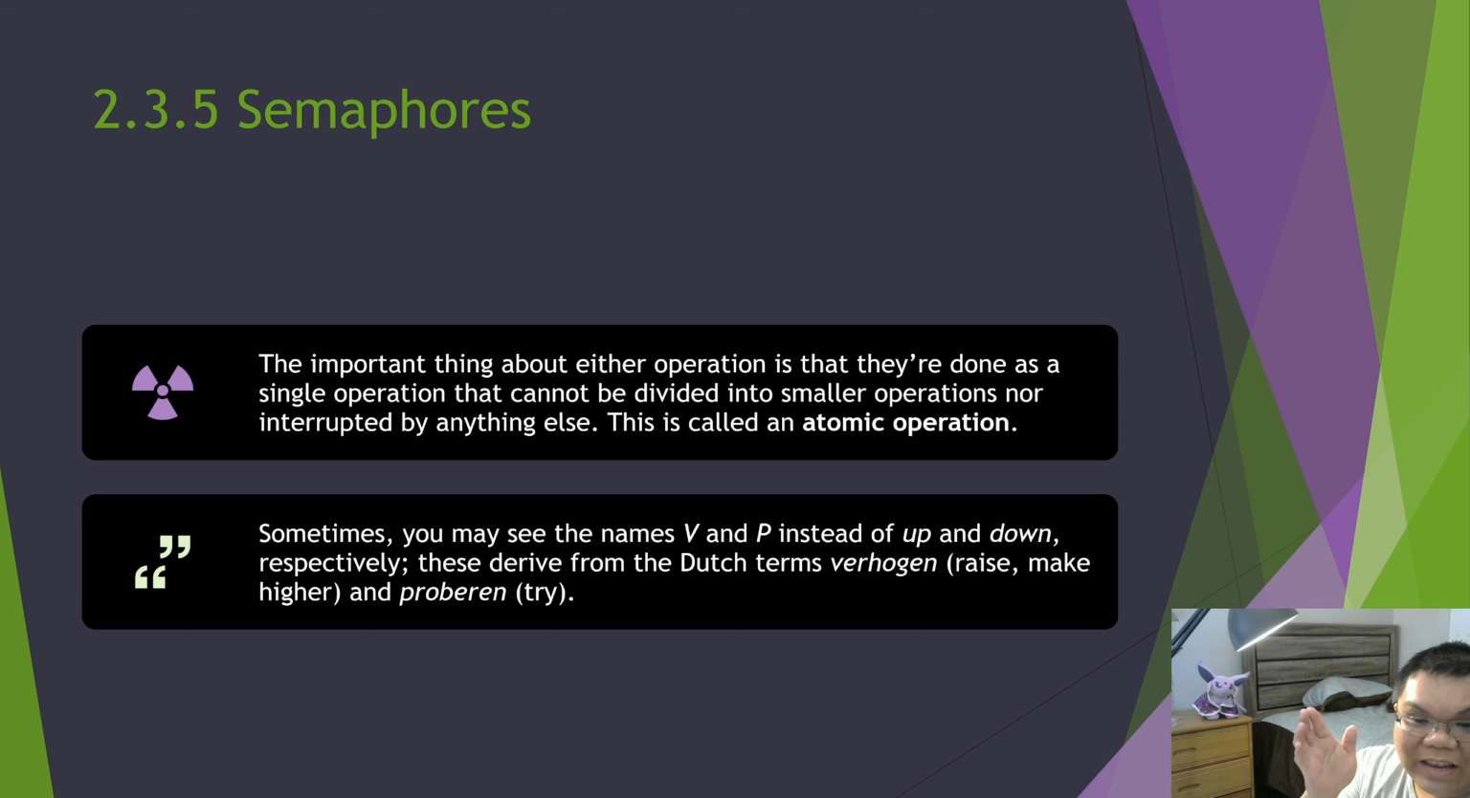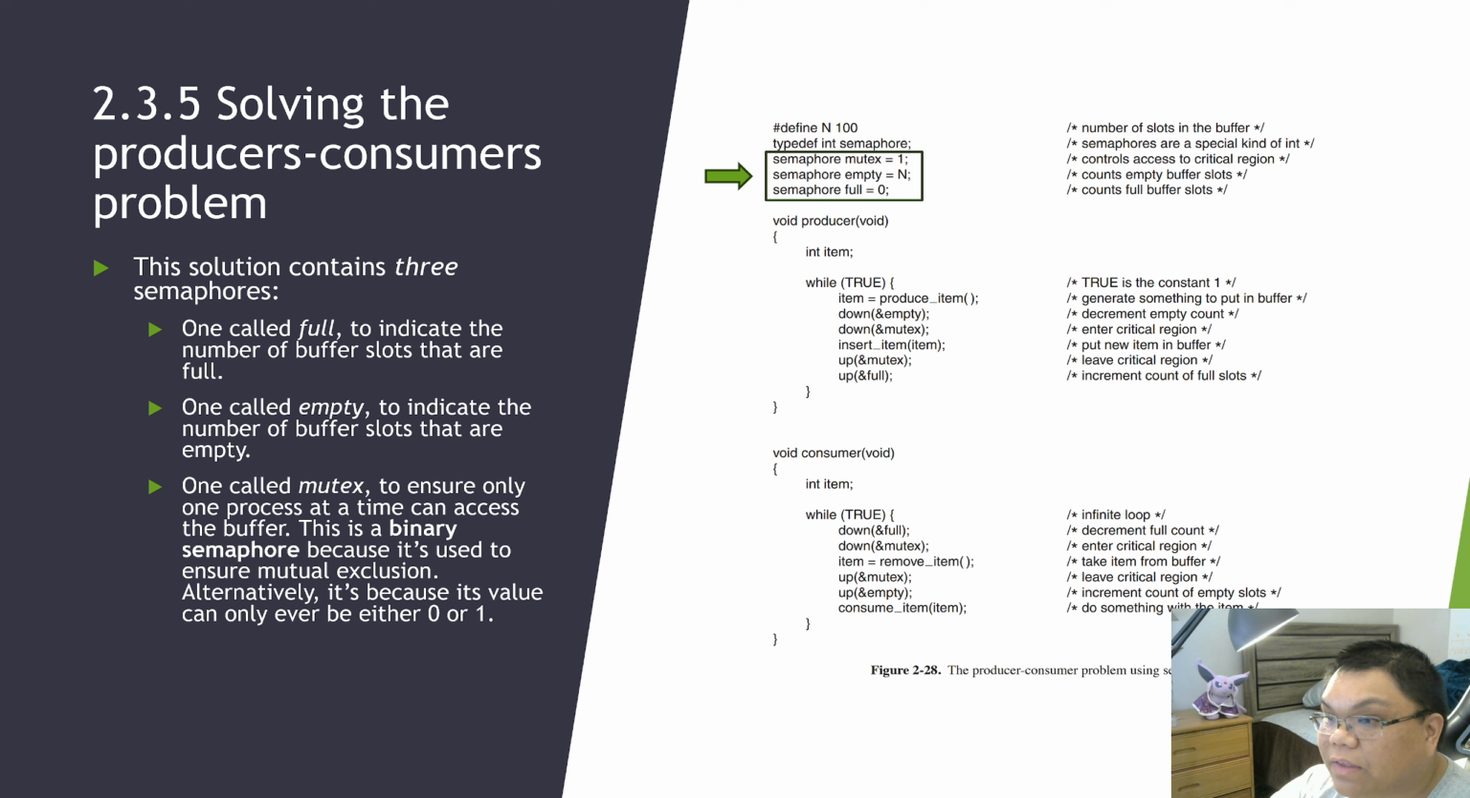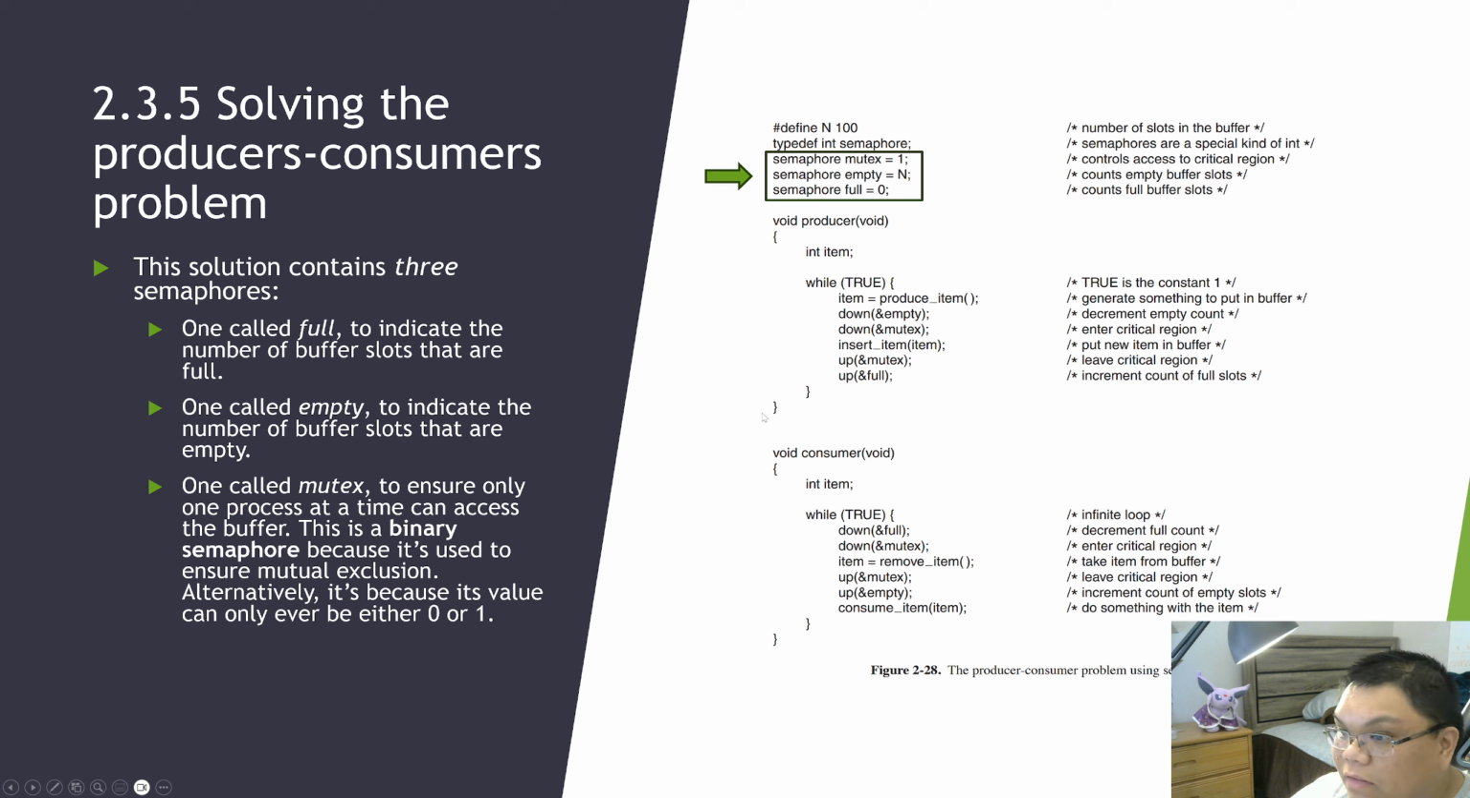So if we are to solve the producers-consumers problem using semaphores, we might have code that looks like this. So here we have 3 semaphores. They are here to signal how many empty slots in the buffer there are and how many full slots there are in the buffer. So there are 3 semaphores. 1 to indicate the number of full buffer slots, 1 to indicate the number of empty buffer slots, and a third